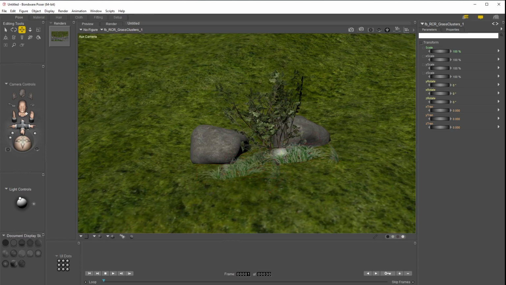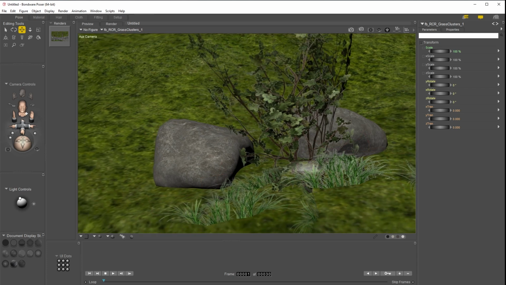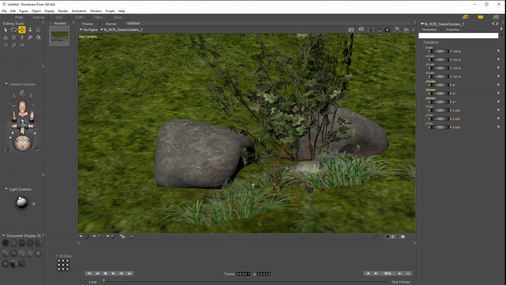So here, for example, if I zoom in, you'll see this bush is a bunch of polygons. Usually with trees, the leaves will be one polygon and then another polygon at right angles to it, so that it works at both angles. But here, the grass, we've got two polygons here, a couple of polygons here, a couple of polygons here. And when I render that,